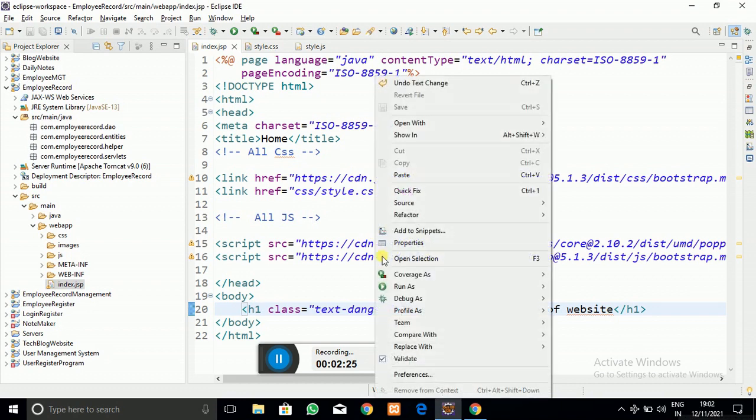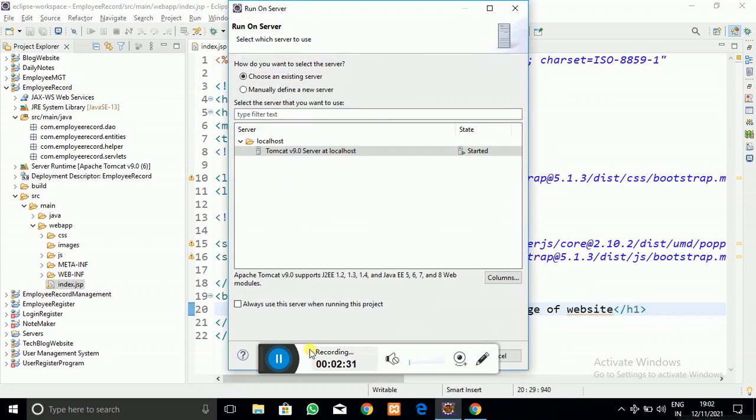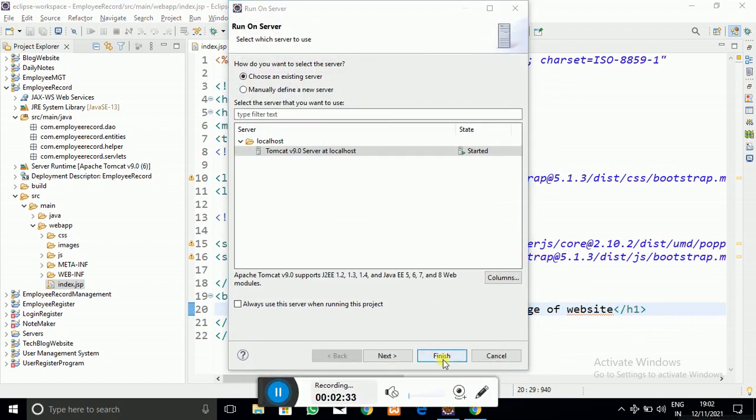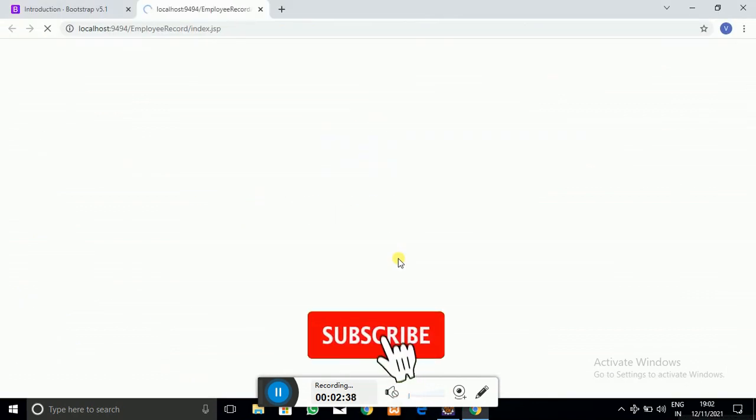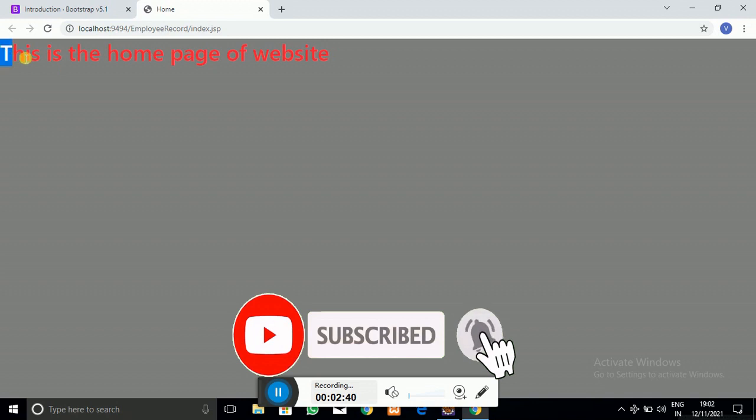Let me run it on the server and show the changes. Here you can see in the browser that the text color has changed to red, just because we have added the Bootstrap class.